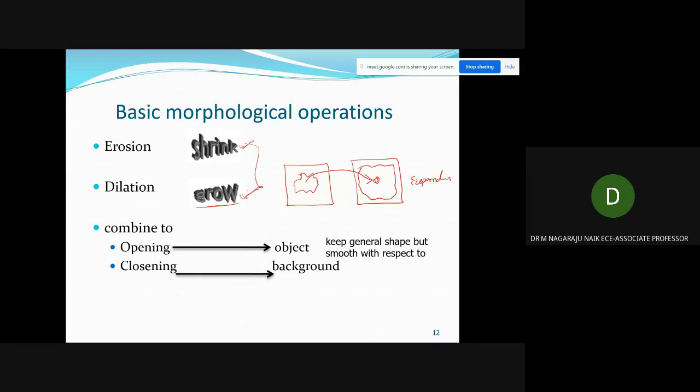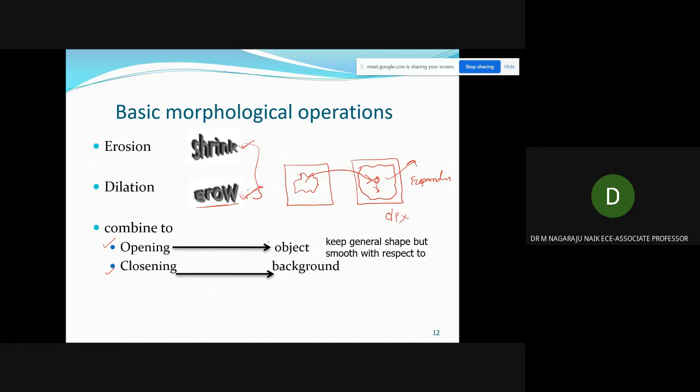When we combine these two, there is a disadvantage. Growing goes on increasing, and the other goes on decreasing. So we do not get the exact output. If you take dilation as one operation and erosion as one operation, applying either one alone is sometimes not suitable. In most applications it is not suitable. Then you have to use the combination of these two. The combination of these two is called opening and closing.